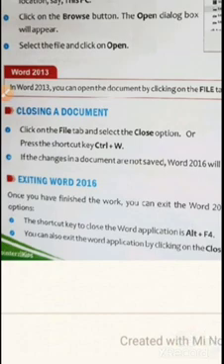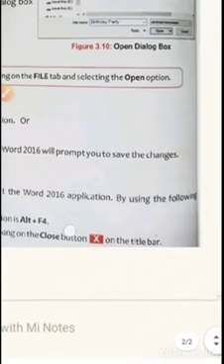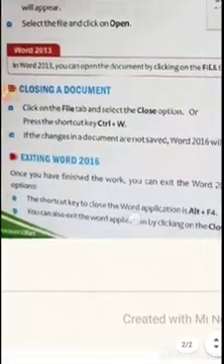Then comes exiting Word. Here we are not saying exiting the document, we are saying exiting Word 2016. Word 2016 is the application, the program in which we are creating all these files or documents. Once you have finished the work, you can exit the Word 2016 application by using the following options.